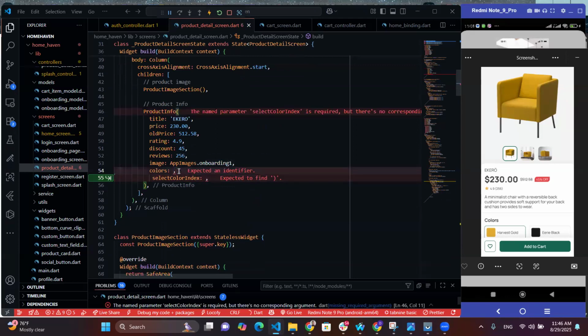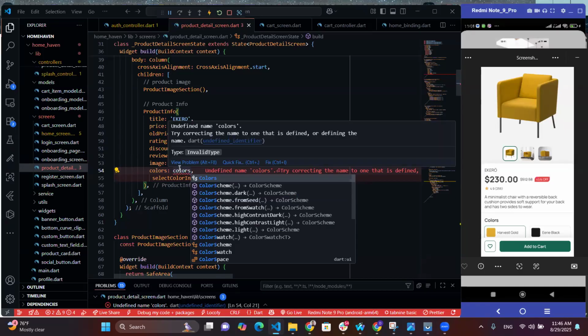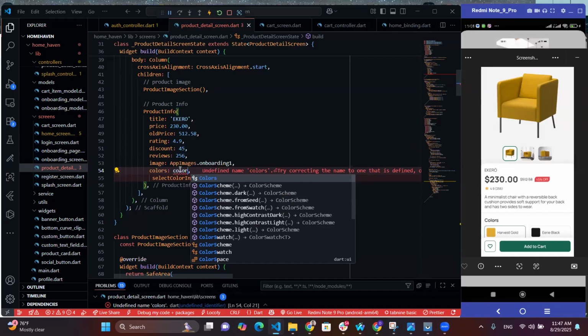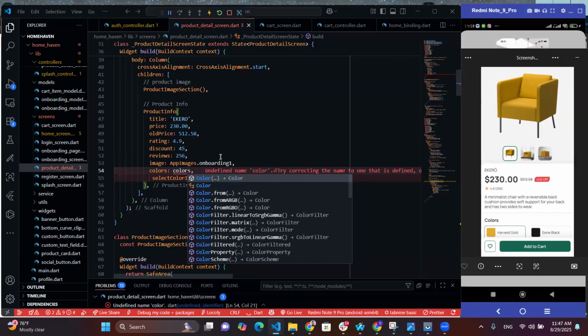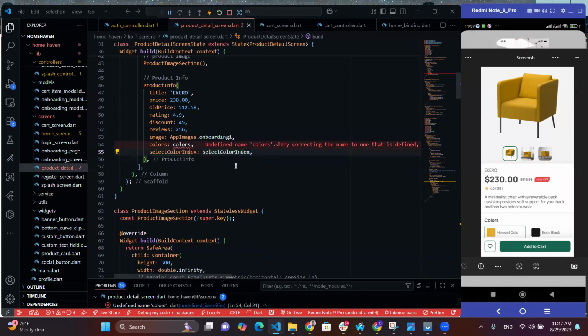This color, we have color, this colors. We find new colors. I know what to do with that. Then for this selected color, selected color index,